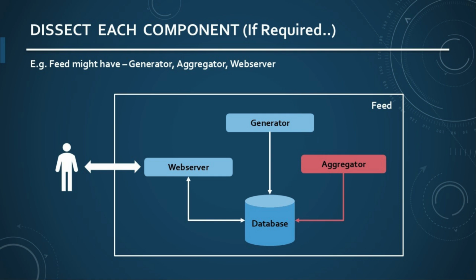But you have just drawn a boundary that if web server is the one who is serving the feed from the database, there has to be something that is putting in the database. Right? So what we do, we define generator that is putting into the database. This way you just drew the line around it. Right? Once you become basically acquainted enough, once you've designed enough systems, you realize that, hey, it's not just about generator, but let's say